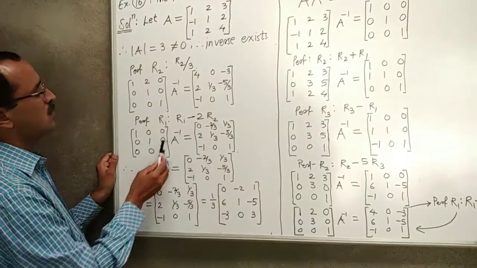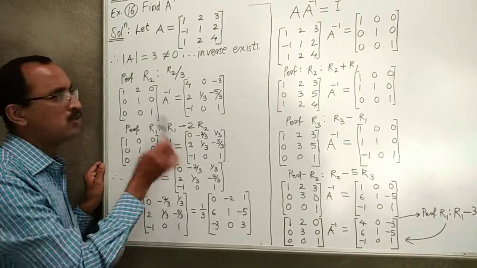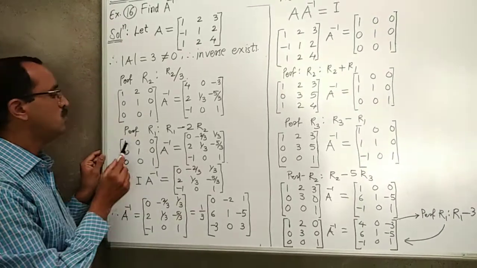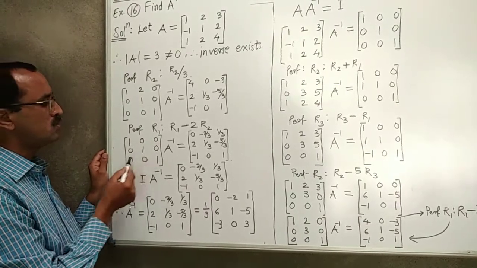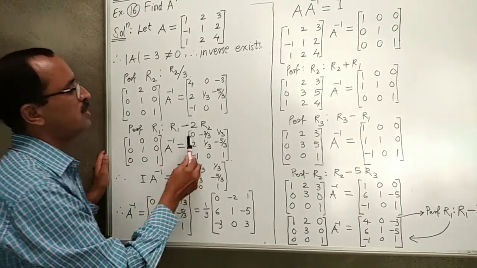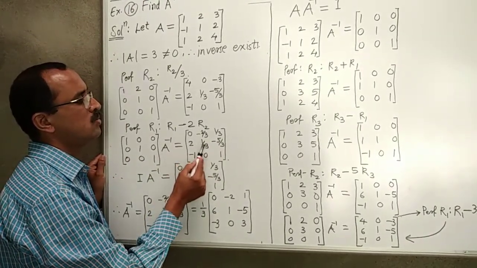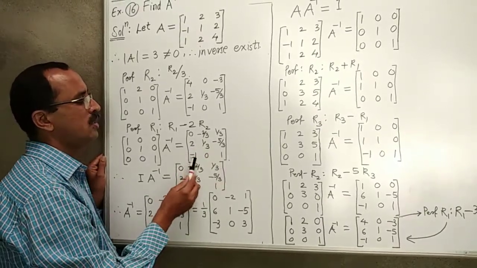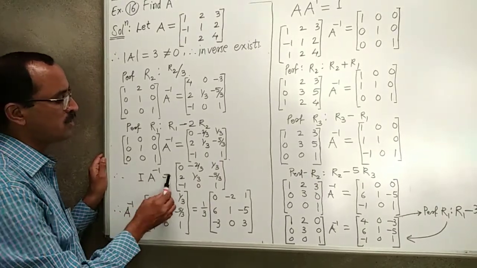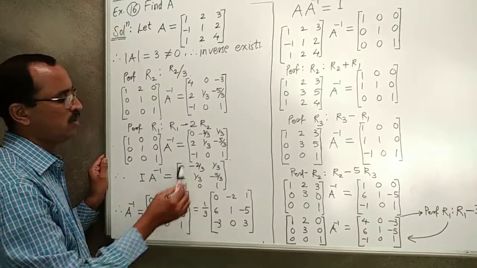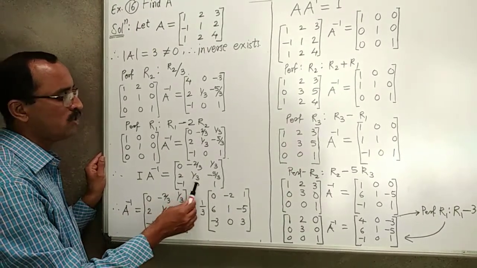So in this way we convert the given matrix A into the identity matrix by using row transformation. So this identity matrix, 1 0 0 0 1 0 0 0 1, into A inverse is equal to, finally, the left hand side is 0 minus 2 upon 3, 1 upon 3, second row is 2 1 upon 3, minus 5 upon 3, and third row is minus 1 0 1. So this is the identity matrix. So I into A inverse is equal to 0 minus 2 upon 3, 1 upon 3, second row 2 1 upon 3 minus 5 upon 3, and third row minus 1 0 1.